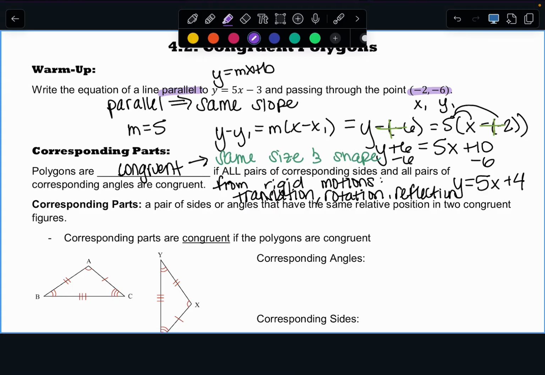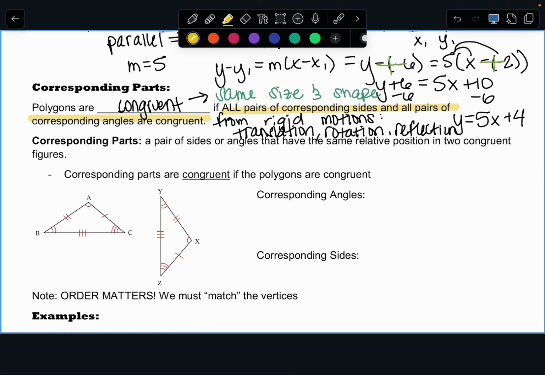Also, for congruent polygons, all pairs of corresponding sides and all pairs of corresponding angles are congruent. You will have to know this. What that means is for each of my squares, for example, I need to find corresponding sides, meaning the top left of this square goes with the top left of this square, so they should have the same angle measure. Or like this segment on top goes with this segment on top, so they should have the same